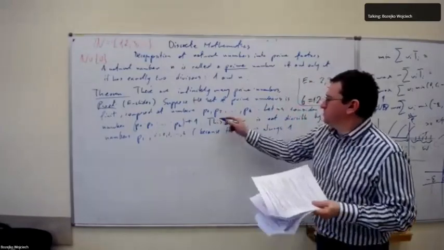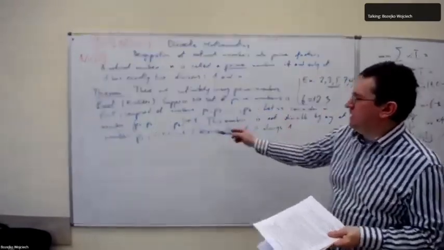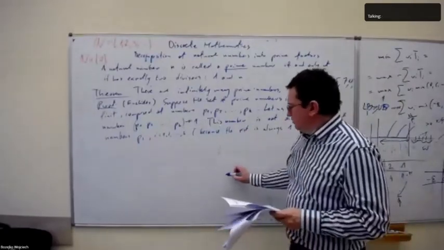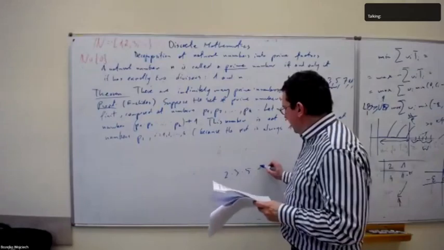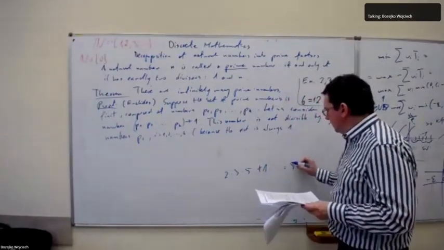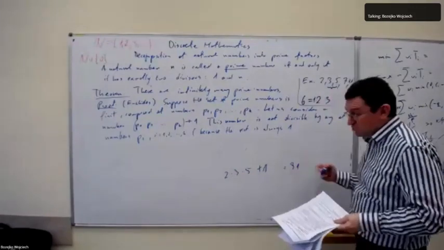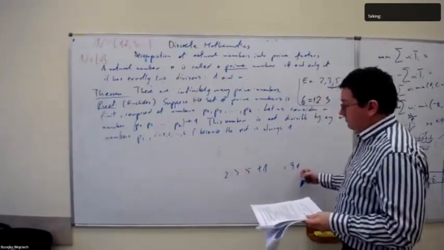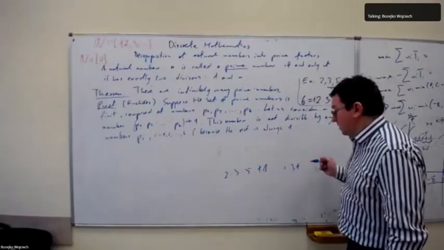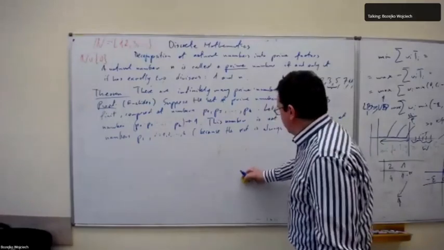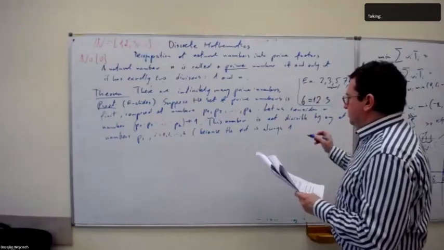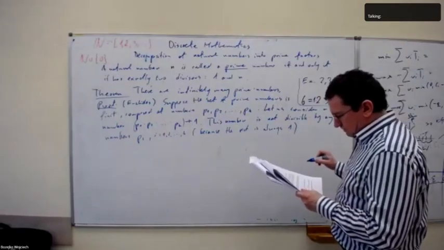As we divide by P1, this will be something plus 1. It is like we take 2 times 3 times 5 plus 1. Yeah, this is 30 and 31. If we divide by 2, this is 15 plus 1. Divide by 3, this is 10 plus 1. If we divide by 5, this is 6 plus 1. Yeah? As a rest. Because the rest is always 1.